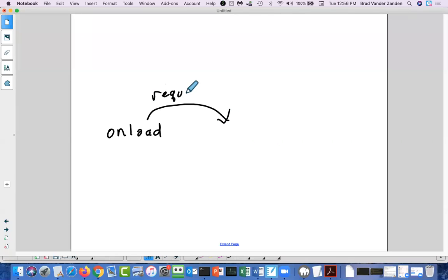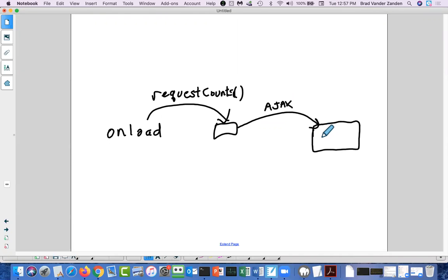What request counts is going to do, and you're going to have to write it, is send an Ajax request to the server. And it is going to be calling, I believe, get counts, but let me verify that.